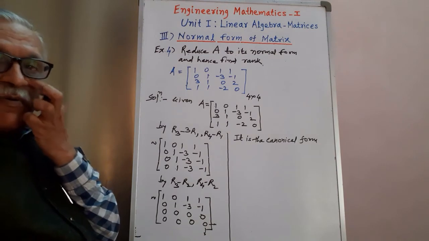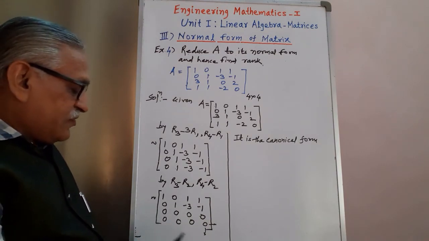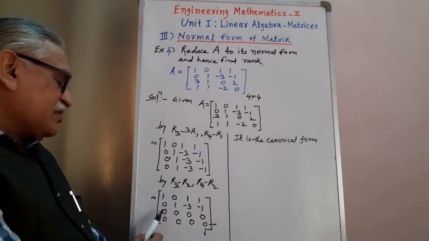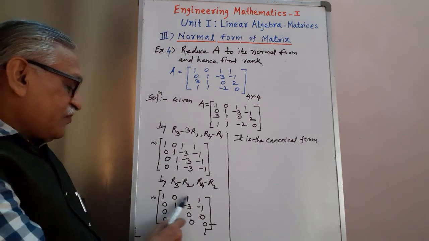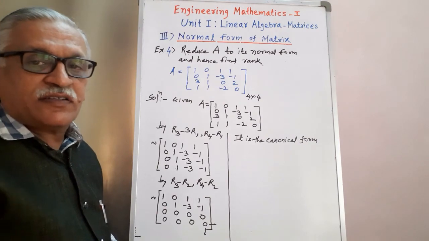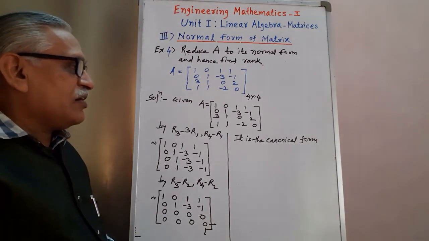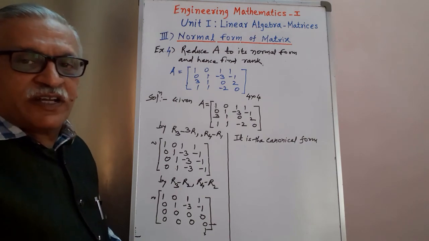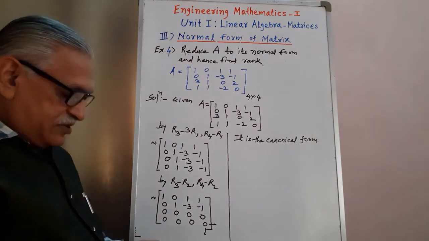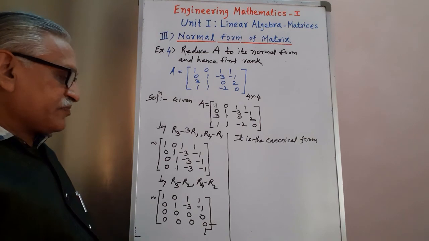It is the canonical form of that matrix. And as we get the canonical form, we can determine the rank at this stage also. Therefore, the rank of this matrix is the number of non-zero rows. First row is non-zero, second row is also a non-zero row. Therefore, rank of that matrix is 2. And as rank is 2, in the normal form we must get the identity matrix of order 2. And therefore, after getting the canonical form, we have to apply column transformation.